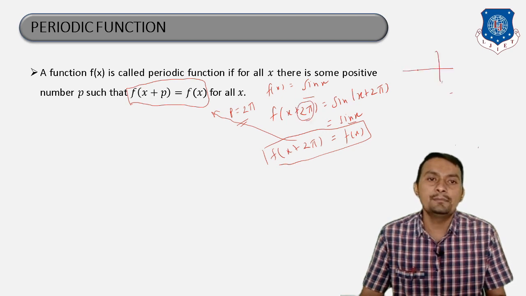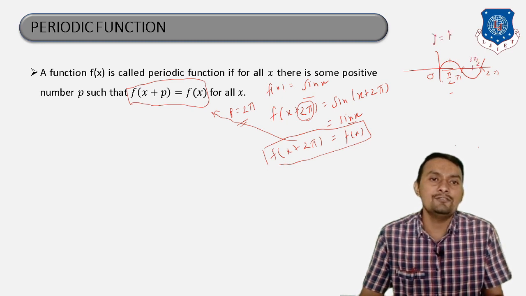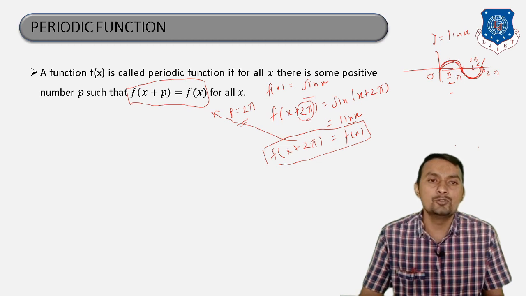Now look at the graphical representation of the sine function. As we know, the graph of the sine function is like that. Sin 0 is 0, sin pi is 0, sin 2 pi is 0, but when we take sin pi by 2, the answer is 1, and sin 3 pi by 2 is minus 1. So this is the graph of y is equal to sin x. Here the curve starts from here and ends here. That means one cycle is finished from 0 to 2 pi, so the length is 2 pi. Therefore we can say one period is finished, with the period 2 pi.